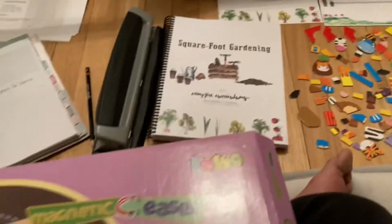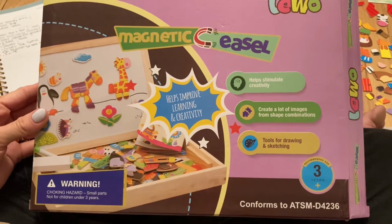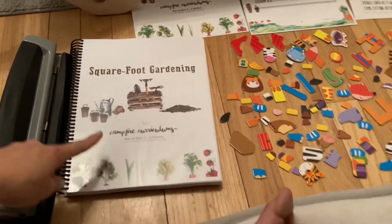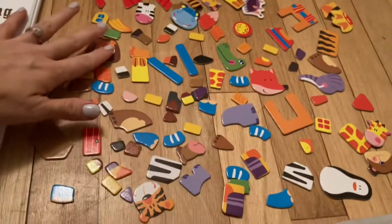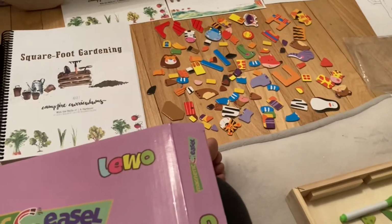A couple of things I will show you while I'm still waiting on some of this stuff to print. This is something that I use with mostly my 5-year-old for a variety of different reasons. So for example, tomorrow we're starting square foot gardening. So I just pulled out the magnets that would be things that you'd see in a garden. So I took out all these different animals, and I'll put these back away in the baggie, and I'll put this box in the closet just as a way to stay organized, because this isn't something I leave out,